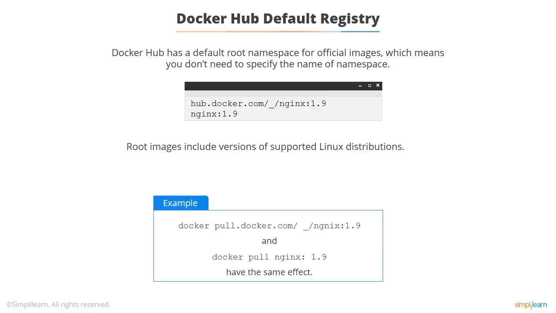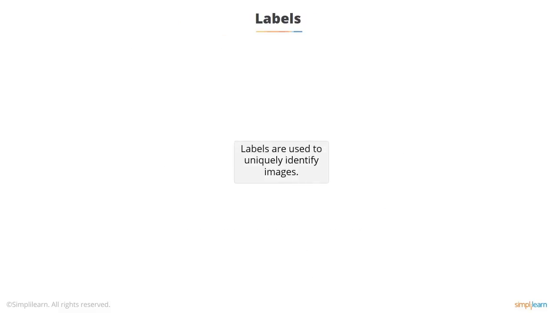So, for example, the NGINX image, which is a web server, can be addressed in several different ways. It can be addressed with the full name of the Docker Hub plus the image and the version number, or it can be just simply the image name and version number. Labels. To save an image in Docker Hub, you need to define a label. The label comes immediately after the URL for the Docker Hub itself.